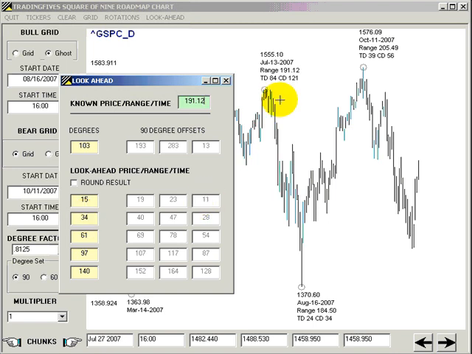And this calculation could have been done the evening on July 13th, on July 14th, or any day thereafter. So you get a look ahead at what to be looking for. If you apply the other ways that price and time square and provide a different input in here, a range or a time input, then you get different results. Now, the formula for doing the look ahead function is also